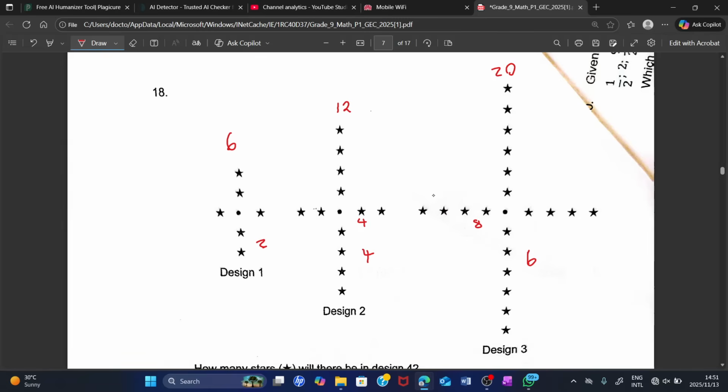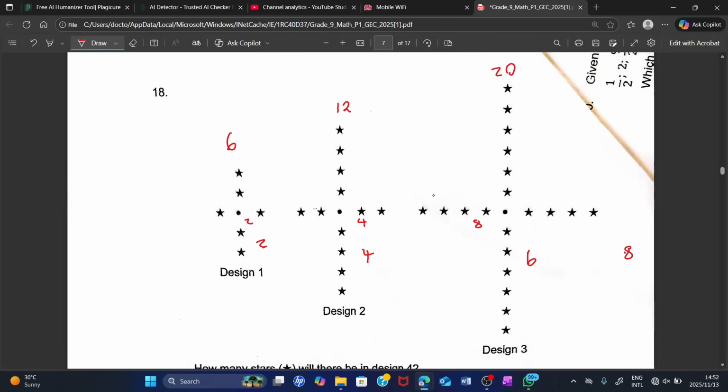This one is 2, and this other side is 2. So which means when I add 2, I get this. So meaning that I'm gonna have 8 here, and then this side I'm gonna add